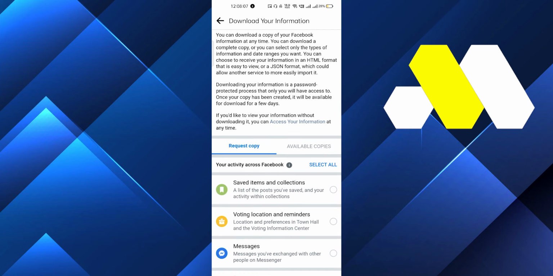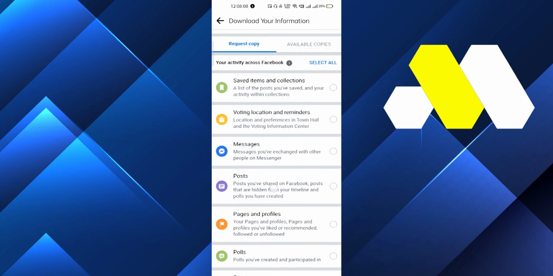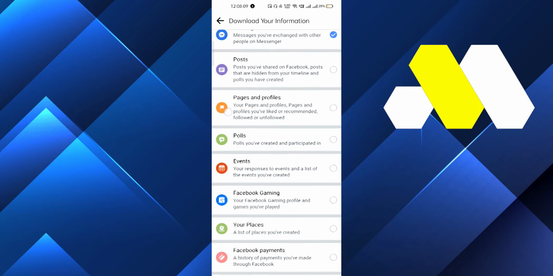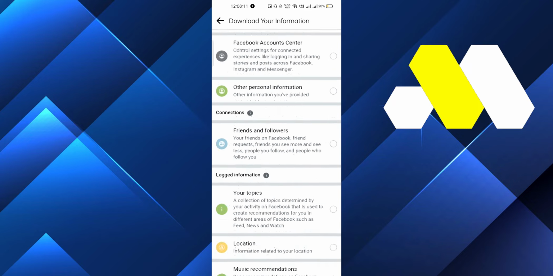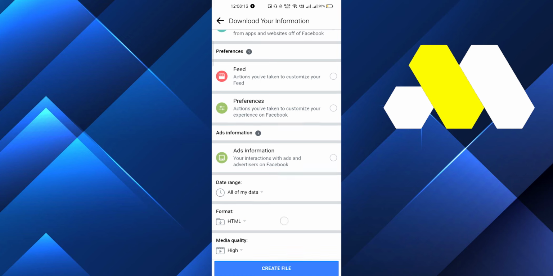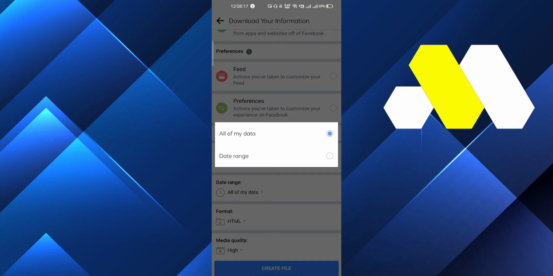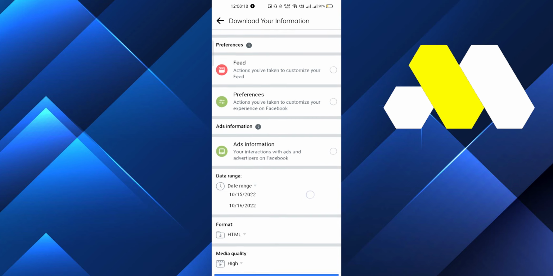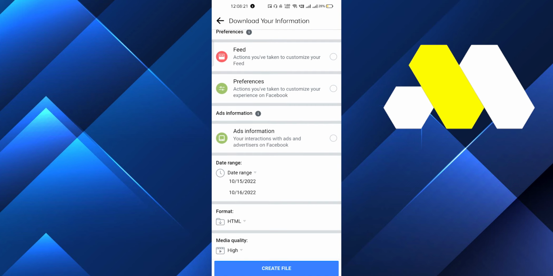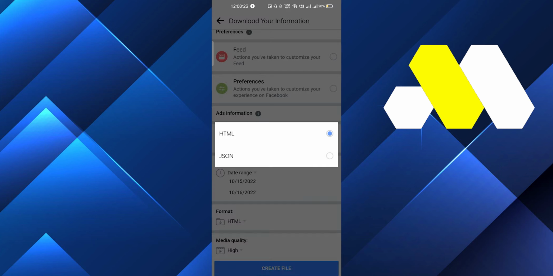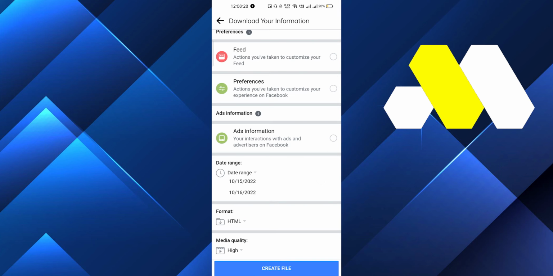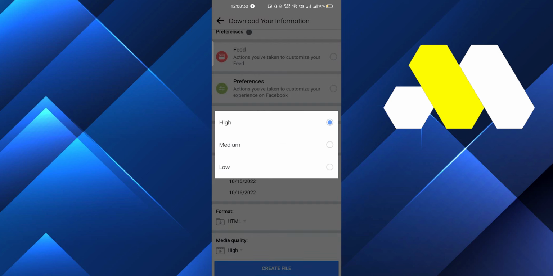you have to select All My Data, and depending upon the date range, if you want to recover only the messages of a certain date, you can just select the date, and after that you have to click the format. Basically HTML is the easiest format, and you have to also click on the media quality. You have to just select, if you want a low media quality, you can just do that. I will select the medium one, and have to click on Create a File, and after that it will take